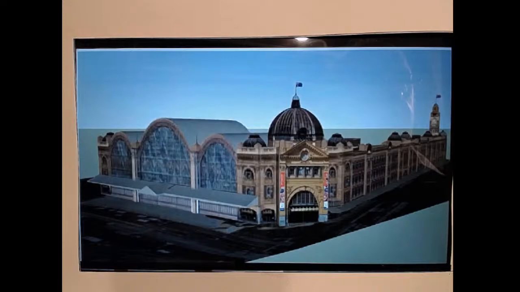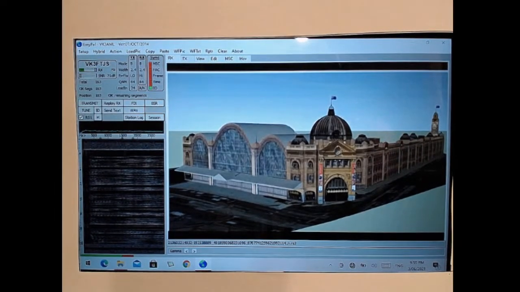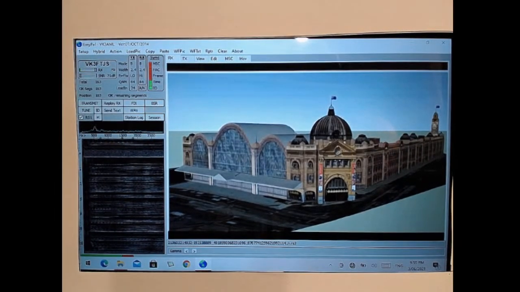VK3GTG, how did you go, James? Yeah, full decode and 18 dB. Yeah, actually, I went online onto Google Street View and had a look at what it actually looks like, because that bit where the camel humps were added, I wasn't sure what was there at the moment. So yeah, turns out there's really nothing there at the moment, because it's been a while since I've been to Flinders Street Station. So yeah, nice image. Back to you. Yeah, excellent. Cool, thanks, James.